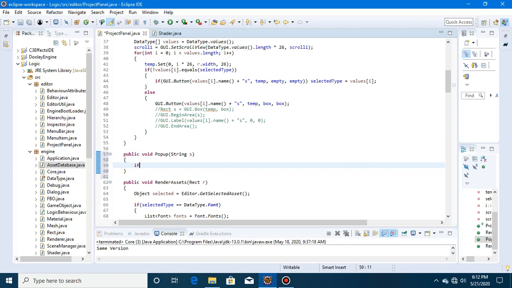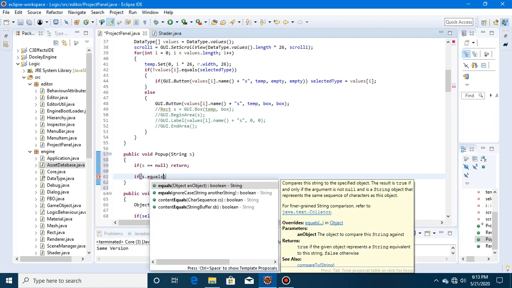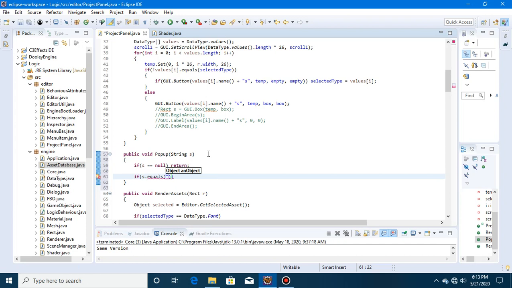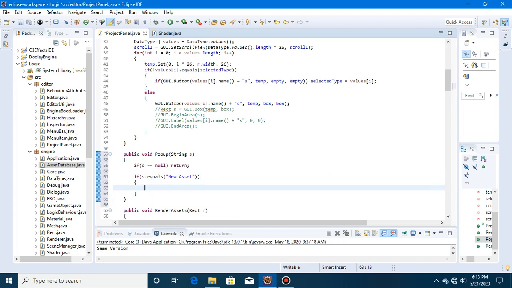So right here we could say if s equals null, then we're just going to return. And for now, what we're going to do is we're going to say if s dot equals new asset. So if we clicked on new asset on the right click pop-up menu,